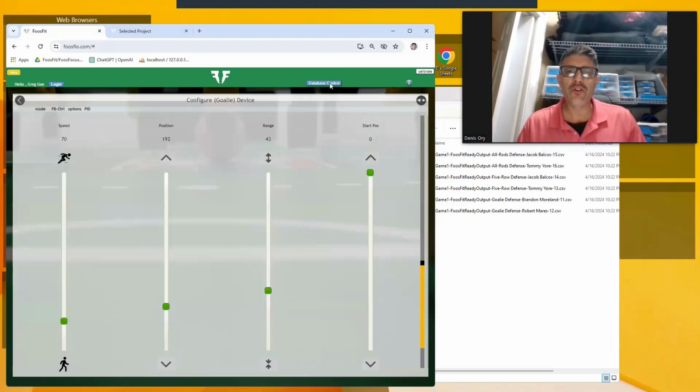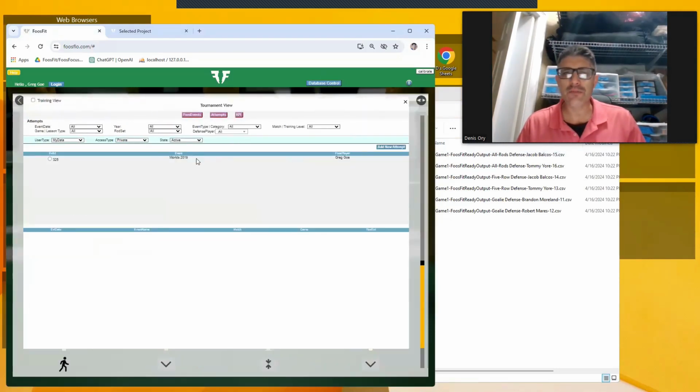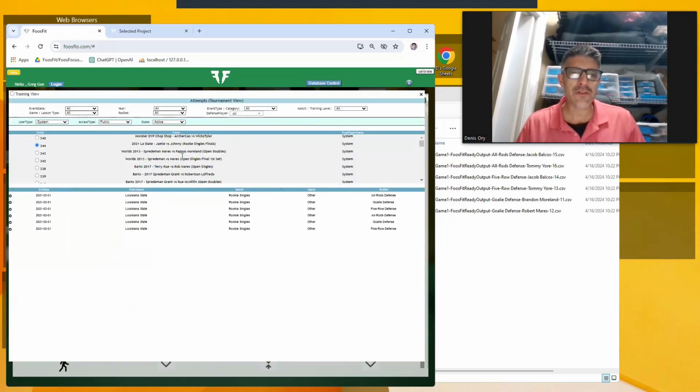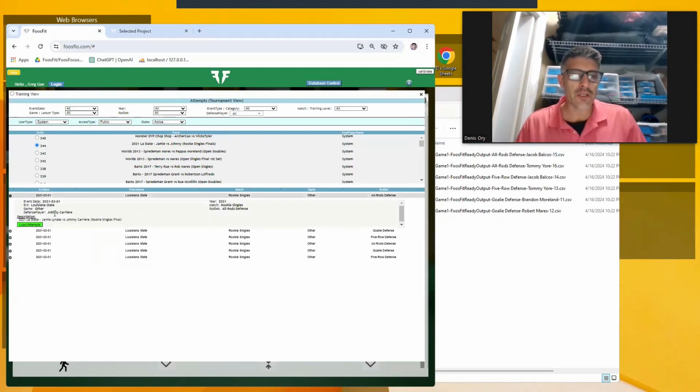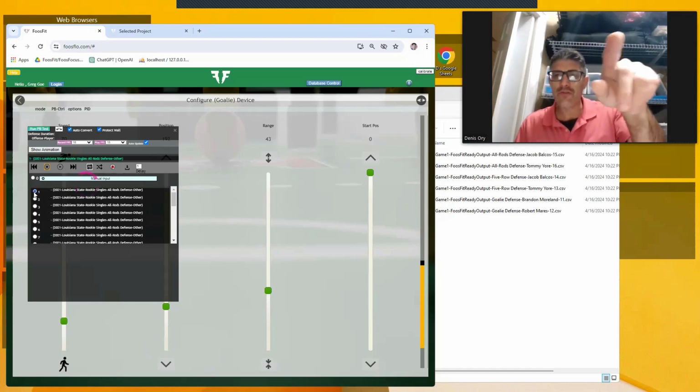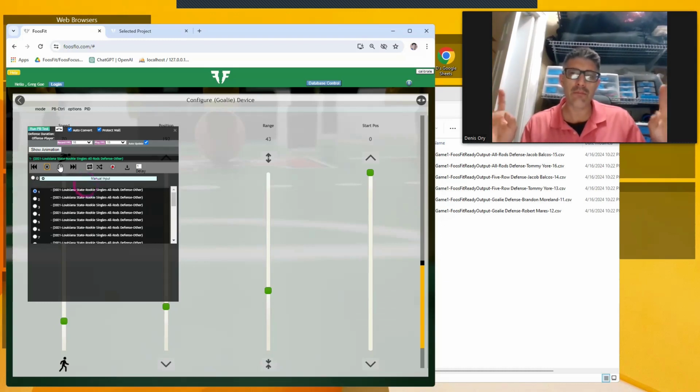In this case, you'd use the database. I'm not going to go into all this, but you would use the database, you'd pull up the criteria and you would say load CSV and it pulls it in, right? And what you see here and the options is exactly that. That's the data that was pulled up. So if you were to select one and say load attempts, what happens is when you go to your playback control window, there's the attempts, right? These are the actual defenses that were shot in that game or that match or whatever. You would select them, it'll load it to your FoosFit, send it there, and then you hit play and boom, you're off to the